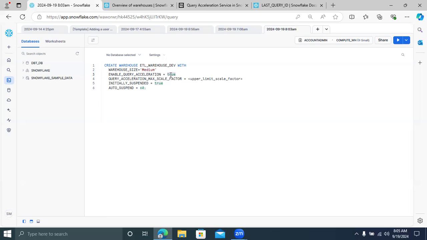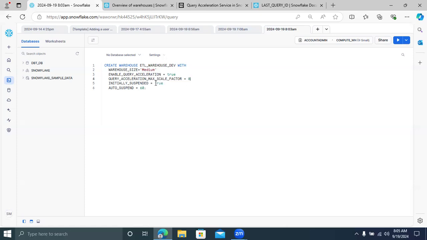The bool value should be true or false, guys. True. And then the max scale factor, you can give some limit. I'm going to give 8. You can give 8 or 9, or no limit as well.